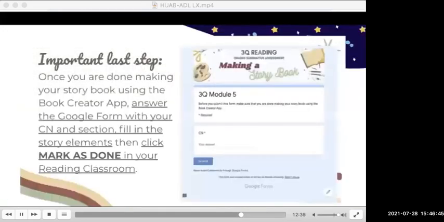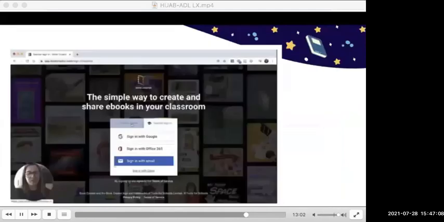The last step was answering the Google form. Even with the checklist, we thought some students still wouldn't be able to include the story elements at the last part. Because of this, the reading teachers decided to make the Google form. The students simply needed to fill out the story elements, and the rest of the form was used by the teachers to grade their work and import their scores to Google Classroom.